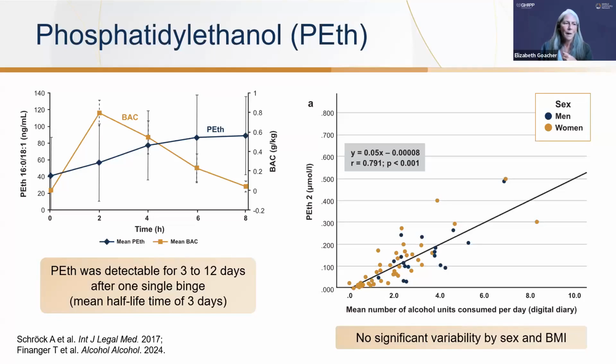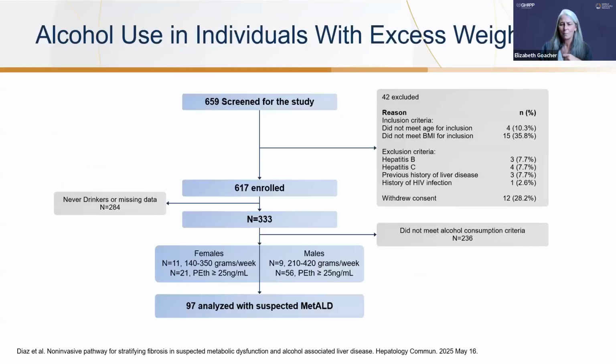But when it comes to BMI, we can use it as a good solid marker and not have to factor in that there might be some variability based upon some other factors that might alter it. We also know that in our overweight people, there's significant alcohol consumption. One of the ways that was looked at was this database of obese individuals in the UCSD database, and it looked at carving out, trying to diagnose them for MASLD based upon their reported risk factors in their history, and then also looking at their self-reported alcohol consumption.